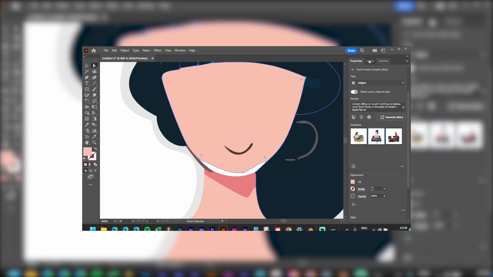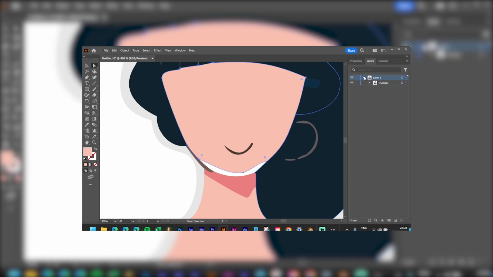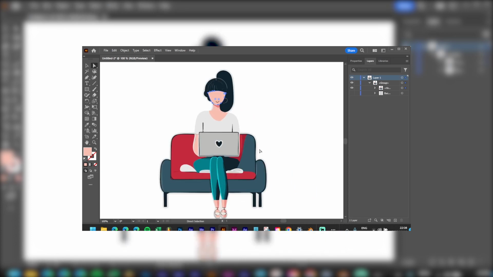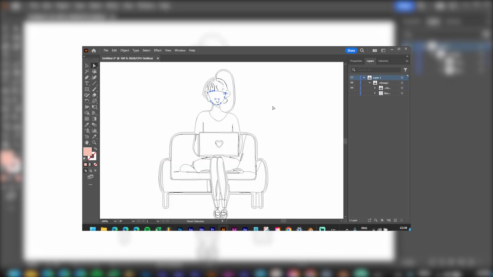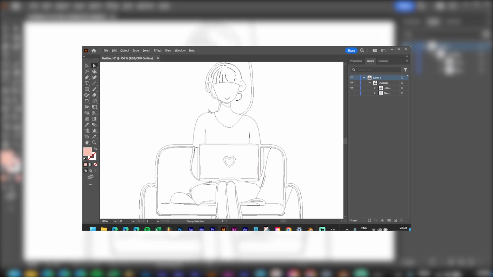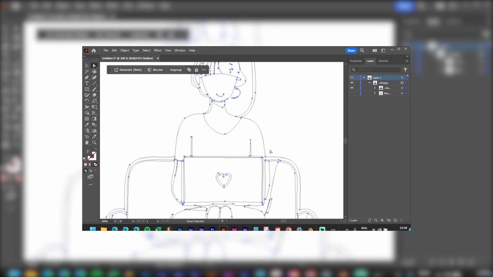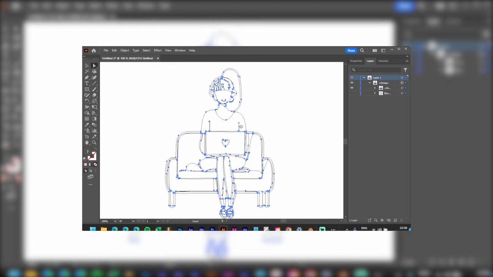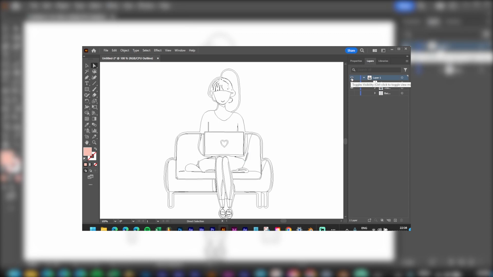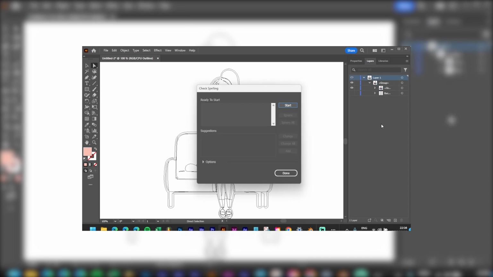So let's see what the layers look like. This is the important part of Illustrator, because it looks like one picture, but if you press Ctrl Y, you'll go into the wireframe mode, and then you can see there's a bit going on here. All of these points are editable, and that is what makes vectors so powerful, and why I really enjoy working with vectors. And I am not even,